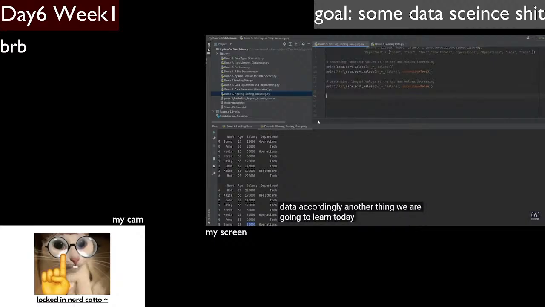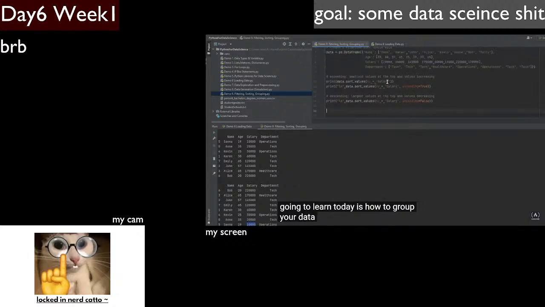Another thing we are going to learn today is how to group your data. So let's say we want to group our data based on a department. So we want to know per department